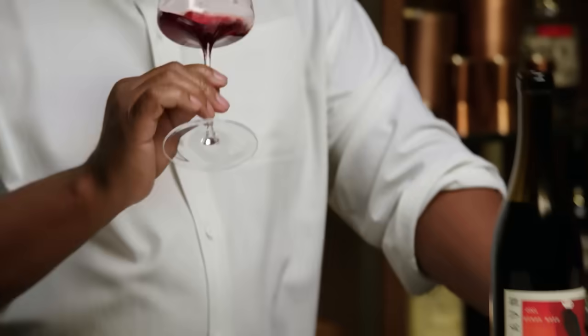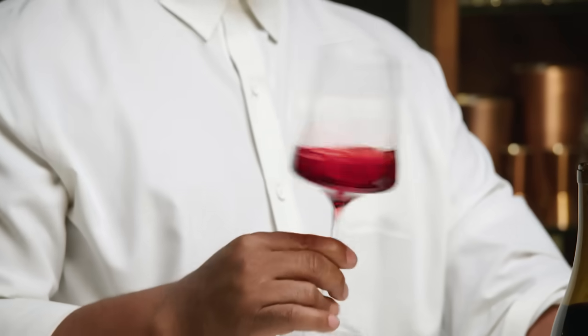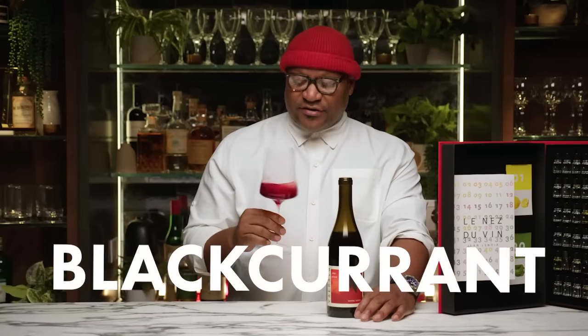Generally, I put my nose in the glass. I inhale through my nose and exhale through my mouth. So you'll see my mouth is slightly cracked, and this is really to open up your olfactory senses so you can take everything in. 80% of taste is actually smell. I'm swirling the glass to open up the wine. The wine has been in the bottle, you just want to expose it to oxygen a little bit. So aerating the wine is just getting more air into the wine, getting more lift in the wine, waking up the wine. All right, so right off the bat, I'm getting blackcurrant,